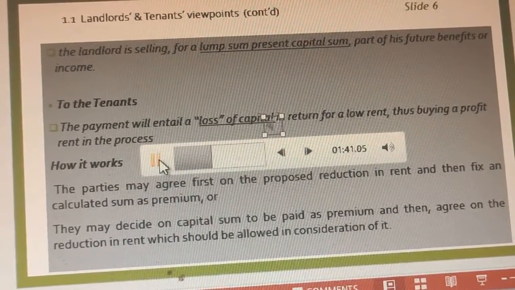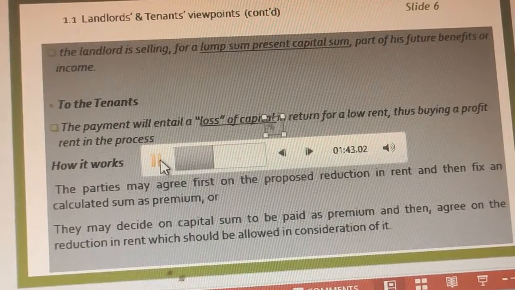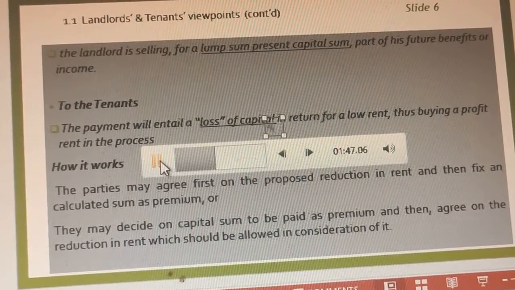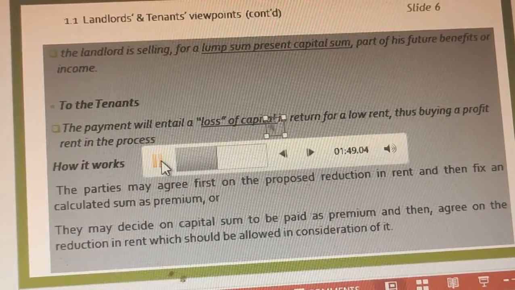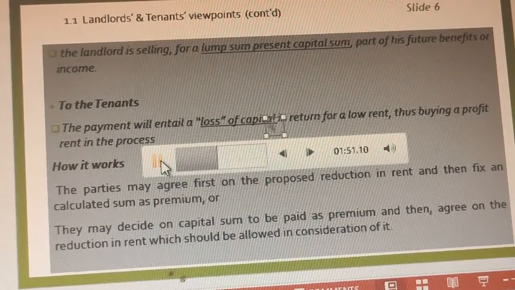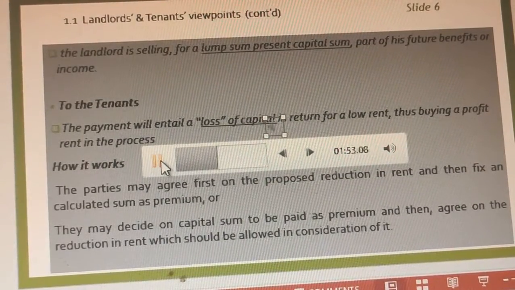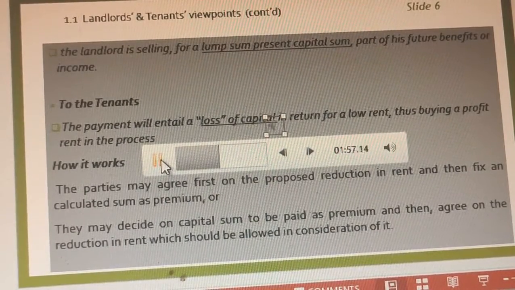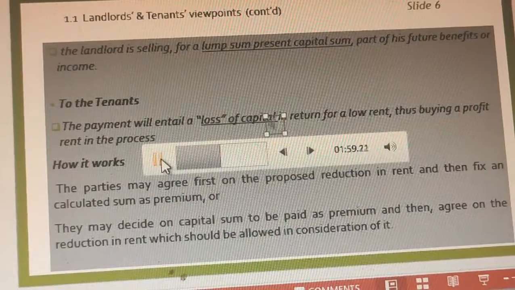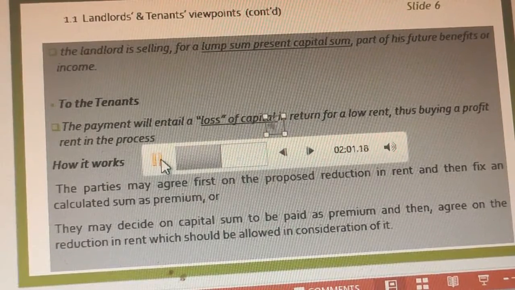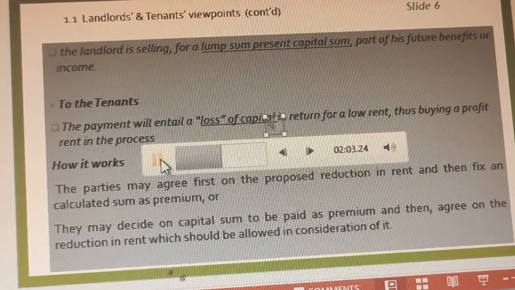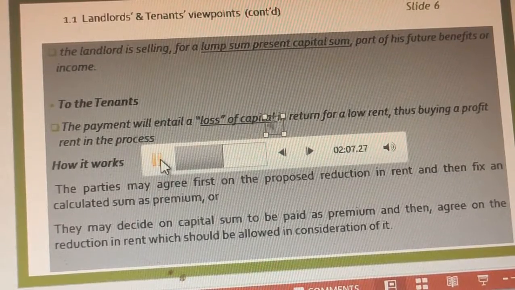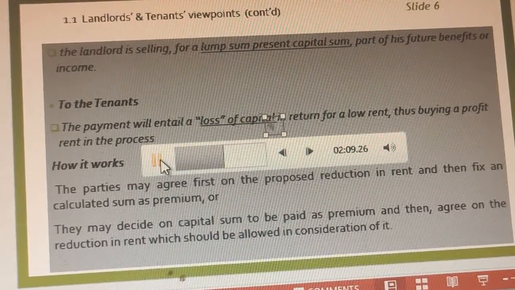Now, the parties may agree first on the proposed reduction and then fix a calculated sum as premium. For instance, if the reduction they are looking at is 500 naira or 5,000 naira, they may say instead of the rental value being 40,000, pay 35. Then there's a profit rent, assuming that they are on the same terms anyway, net basis or gross basis, before